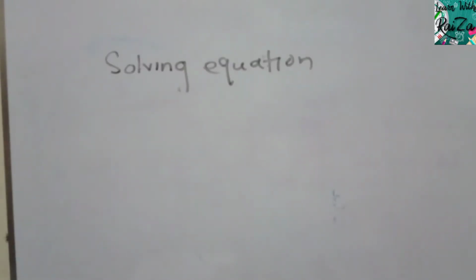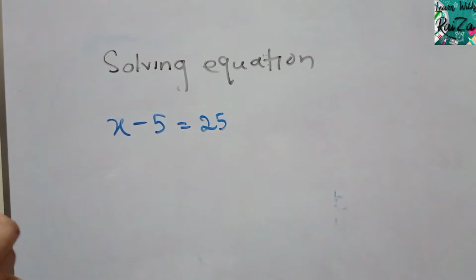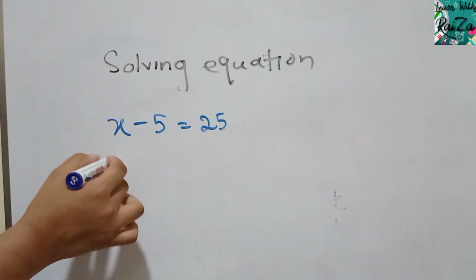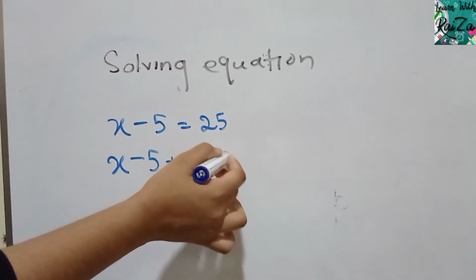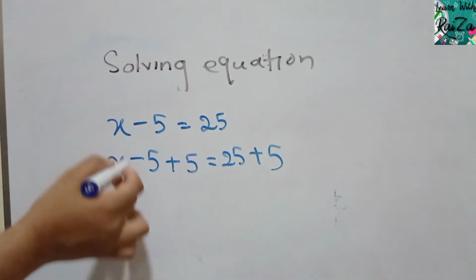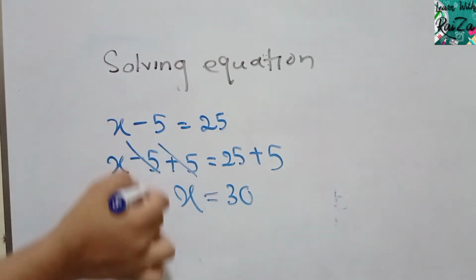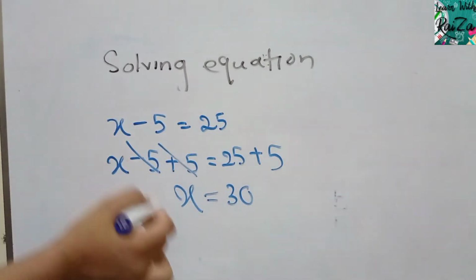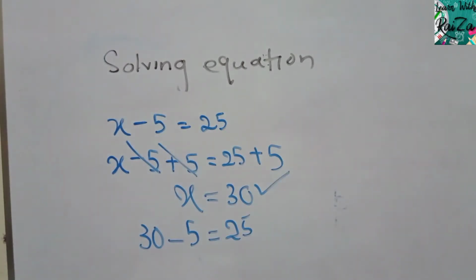And what if you were given a negative? X minus 5 is equal to 25. In this kind of equation, negative 5 is there. To isolate x, since it is negative, add positive 5 to both sides. Negative and positive get cancelled, x becomes isolated, and here you get 30. You can substitute and check your answer: 30 instead of x in x minus 5, you get 25. So x is equal to 30, that value is correct. So what you learned here: when positive is there, subtract it from both sides and remove it. When negative is there, add it to both sides and remove it.